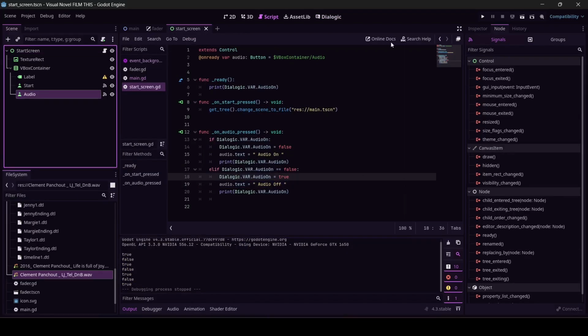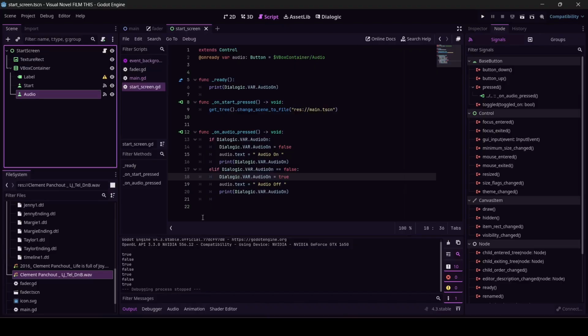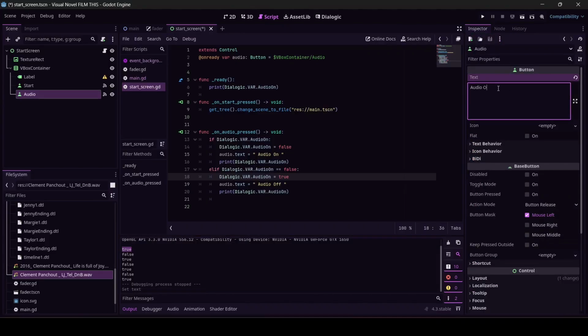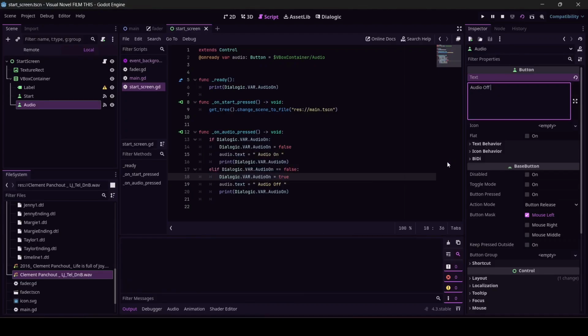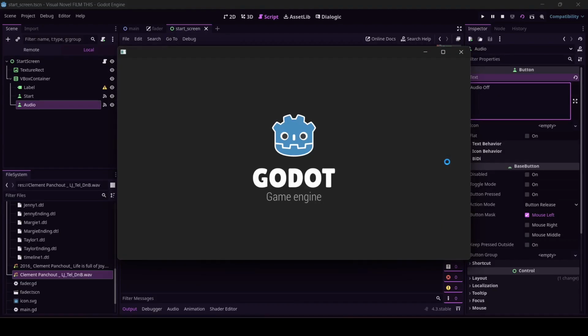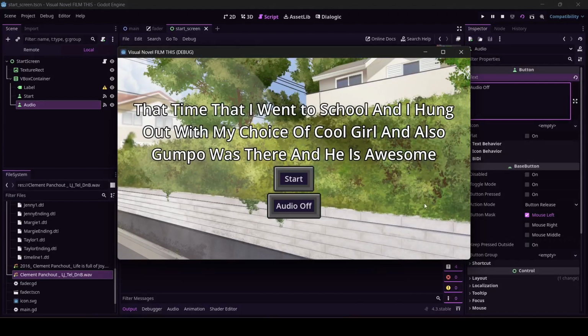And you know what I've realized? The game starts with the audio on, right? And the button needs to say audio off. Otherwise, it's very confusing. So let's try it. I'm the user. I hear all of this sound and I'm like, oh, I want it off, so I'm going to click it.